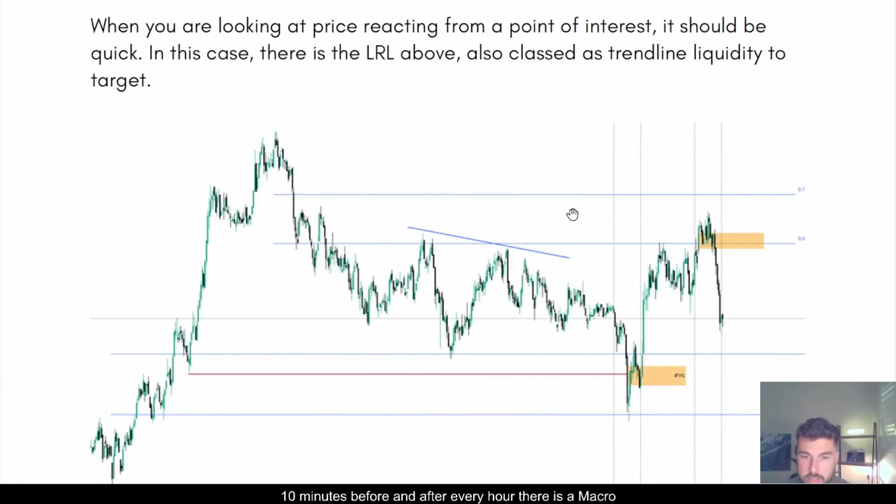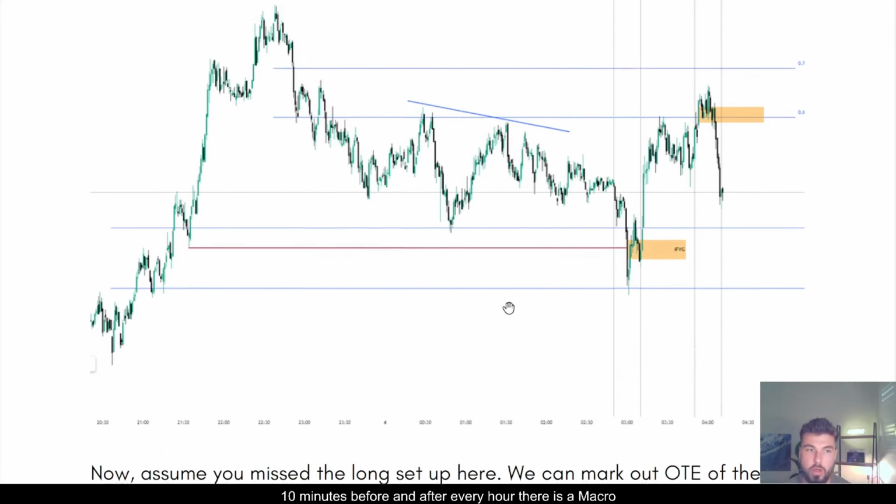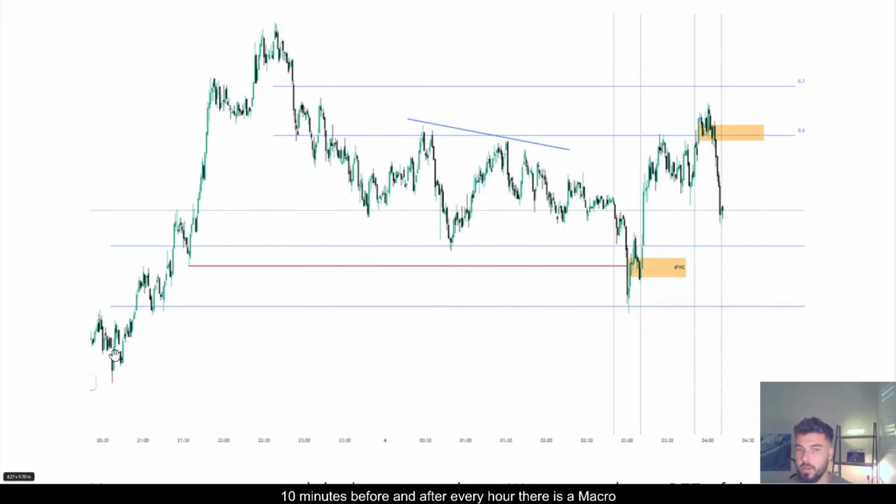Now, when you look at price, have a look at what we do in these key zones. What I explained to my Discord, if you're in from a Discord, you'd know this, right? I look for price to react from key zones and do important things in those key zones. What is one key zone? Optimal trade entry. So I've drawn a Fibonacci from this swing low to this swing high. That gives me these 2 blue lines. Those 2 blue lines are where I'm looking to see if price reacts from, because